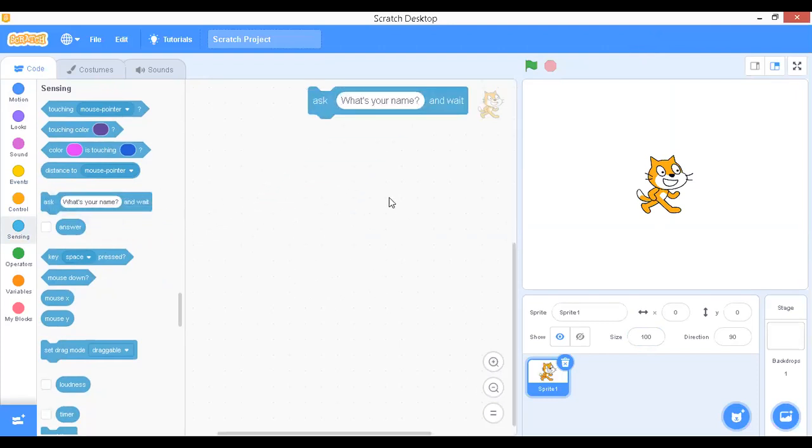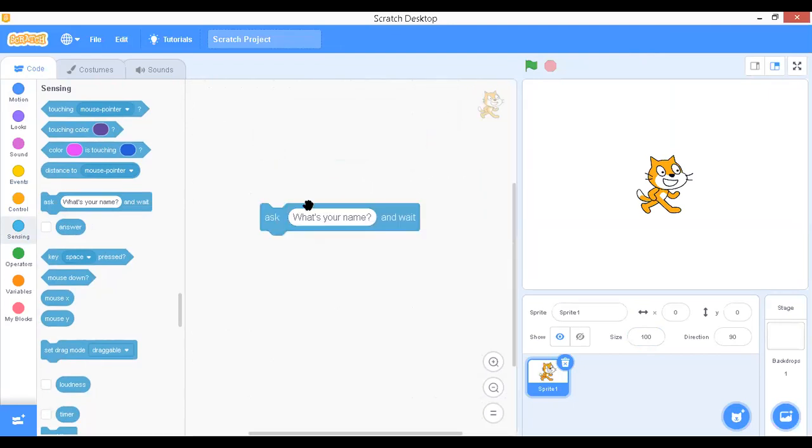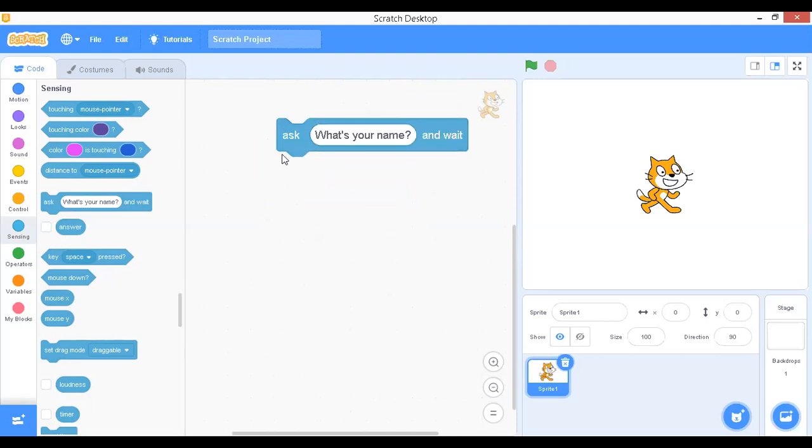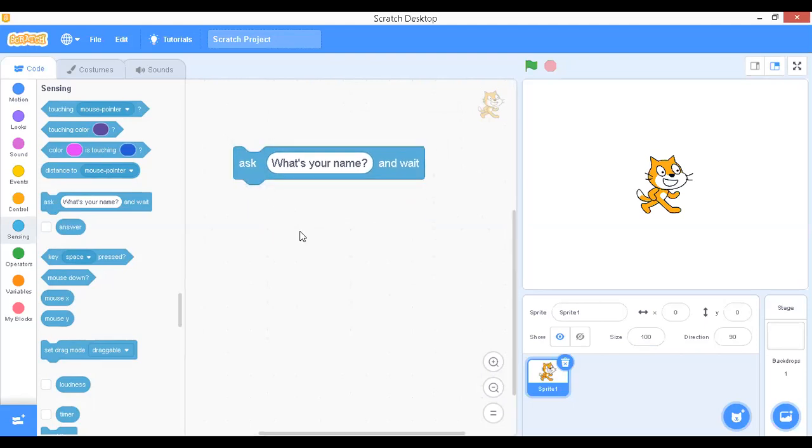From this block, I can get the data from the keyboard. Initially, it's going to display some message, like, what is your name? Or enter number 1, or enter the value for X, or something like this. By default, we have a message called enter number. Sorry, what is your name? In general, what is your name? After displaying this message, it keeps waiting. Therefore, depending upon your requirement, you can enter the name from the keyboard.